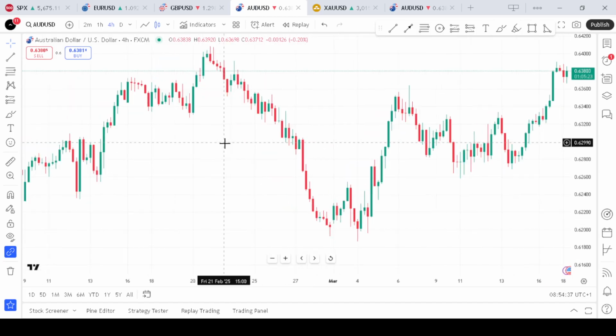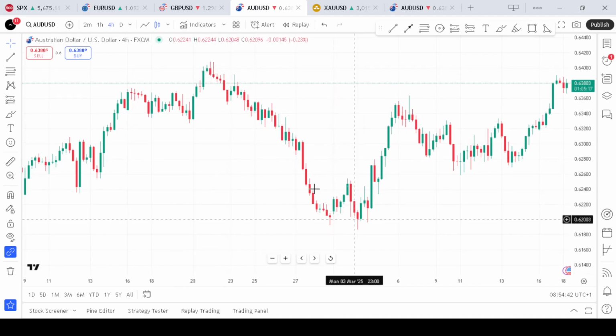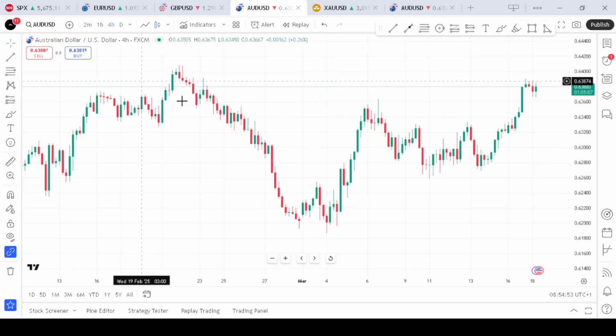So to be sure that this pattern is a strong pattern, it forms at the swing low, and as you can see, this is the swing high, this is the swing low in a bearish sentiment market. Now to confirm the setup, you use additional indicators. You can use additional indicators like your moving average to confirm your trend, or you can use market structure or